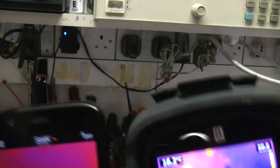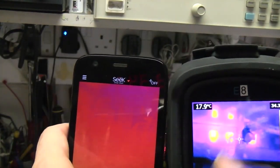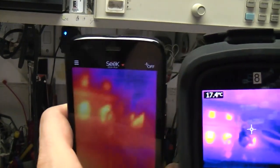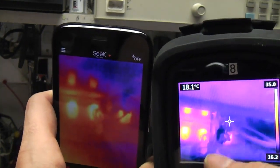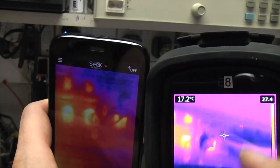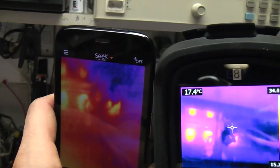If you do a quick side-by-side comparison with an upgraded E4, obviously the resolution on this is higher. You can also see what we're looking at, there's a few mains adapters plugged in. Again, with the E4 you've got much more intensity detail, because this is only running a span of about 12 degrees, so you actually see quite a lot more black to white